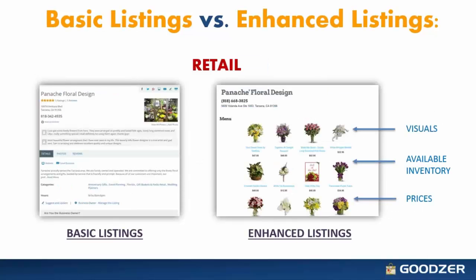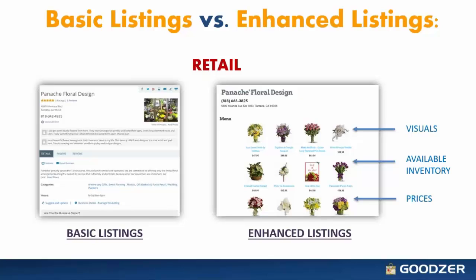So just looking at this from a visual perspective, what does this all mean? On the left, you see a screenshot of what we would call a basic listing, where you've got, like I said before, the name of the business. Perhaps there are some reviews, which is great content, but separate from enhanced listings and enhanced data. The address, the telephone number, and then obviously almost every single search property, whether you're Google, Google Plus pages, Facebook, Yelp, or YP, is trying to create opportunities for consumers to add enhanced content, user-generated content, and so certainly that helps round out the robustness of a